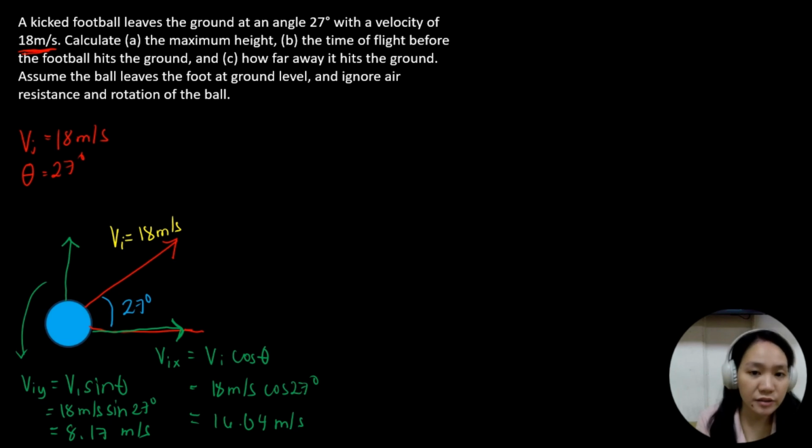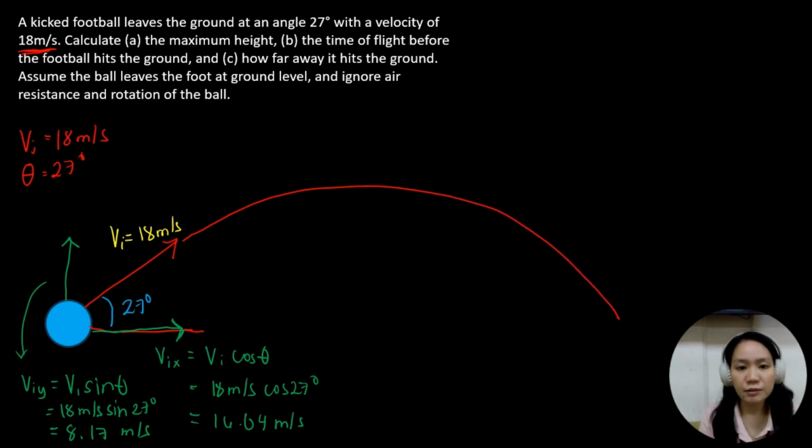These two components are integral because if we want to know the values of the maximum height, the time of flight, and the range in this problem, we need the initial values or the components of the initial velocity. So let me continue the trajectory. When we launch this at 18 meters per second, it will follow this path. Let us establish that, again, at the apex or at the highest point, the velocity y is 0 meters per second.